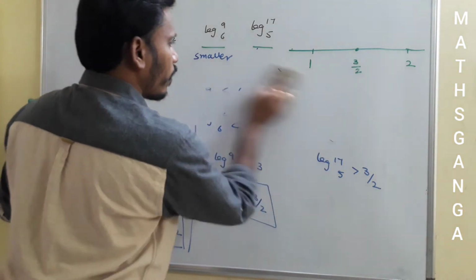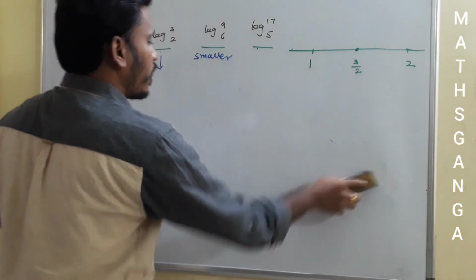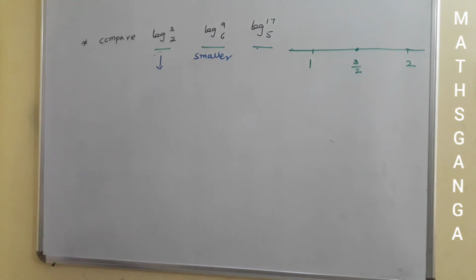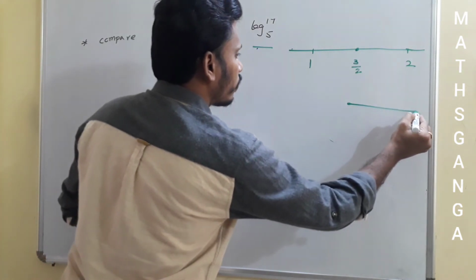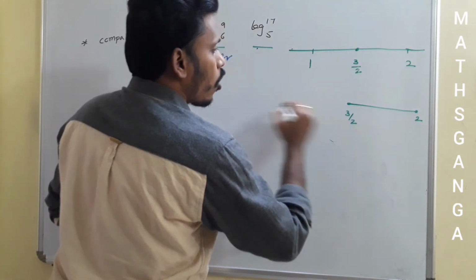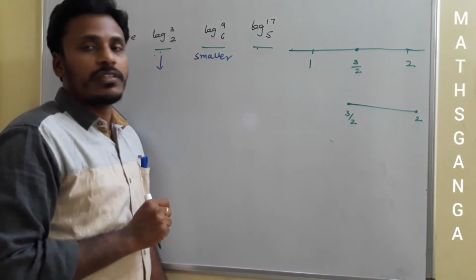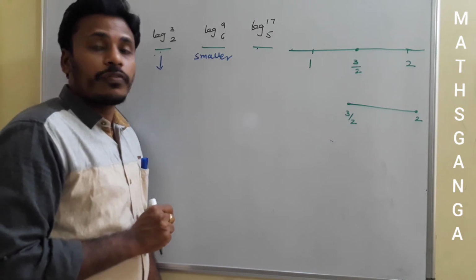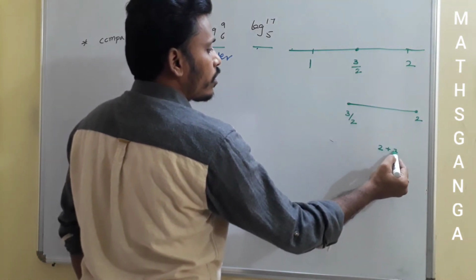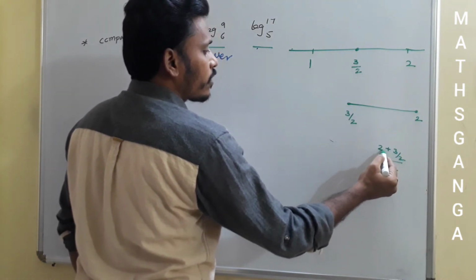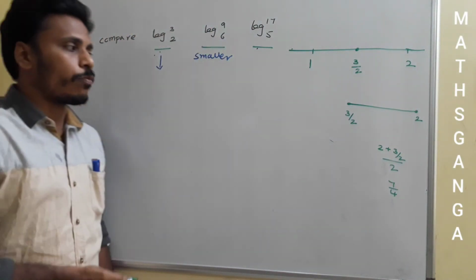Just have a look. Now the middle number is smaller, just leave it, and then just pay your attention on the first one and the last one. Where are they located actually? The first number and the last number are in between 3 by 2 and 2. Okay, now again we need to reduce the region, in the sense we need to select the middle value of 3 by 2 and 2. What is the middle value of 3 by 2 and 2? The middle value of 2 and 3 by 2 is (2 plus 3 by 2) by 2, and it simplifies to (4 plus 3) by 4, that is 7 by 4. Is it right?